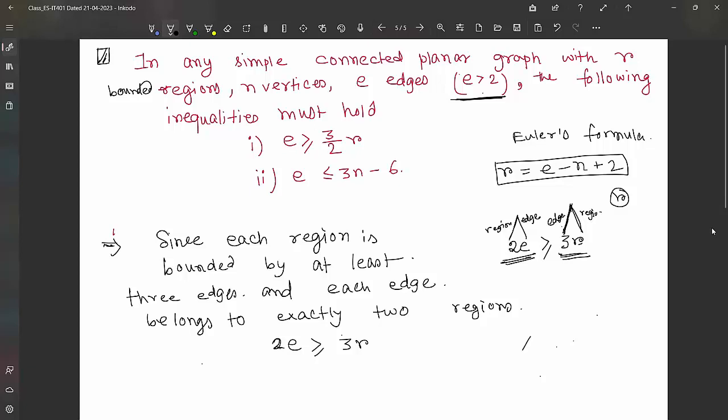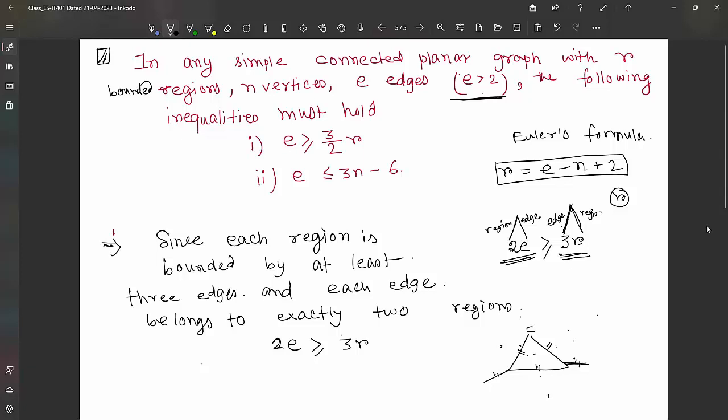In the figure, to form one region you have 1, 2, 3 edges, but to form the outer region there are 1, 2, 3, 4, 5 and 6 edges. To produce the outer region, at least 3 is always needed,